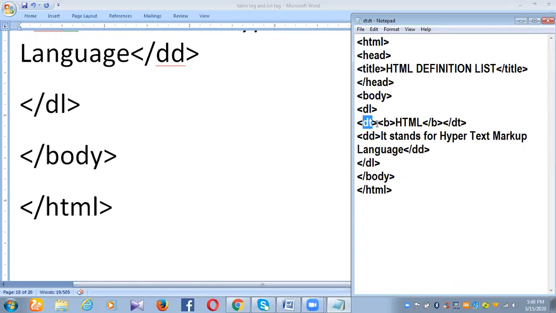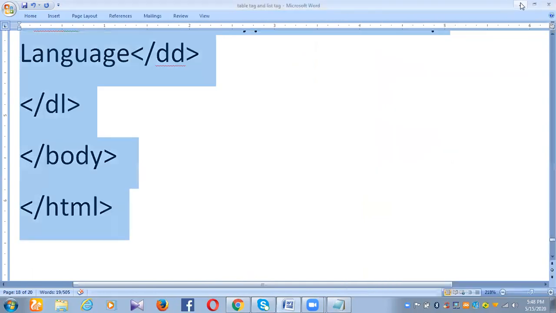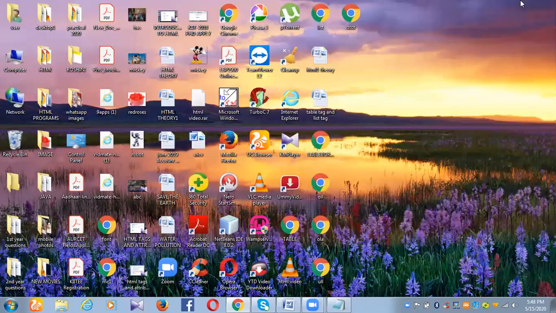Then in DT, the word here we have mentioned is HTML, and I have taken the B element to display it in bold. Then /DT is also mentioned here. Then the definition it is saying here, it stands for hypertext markup language. So let me show you the output of the same.